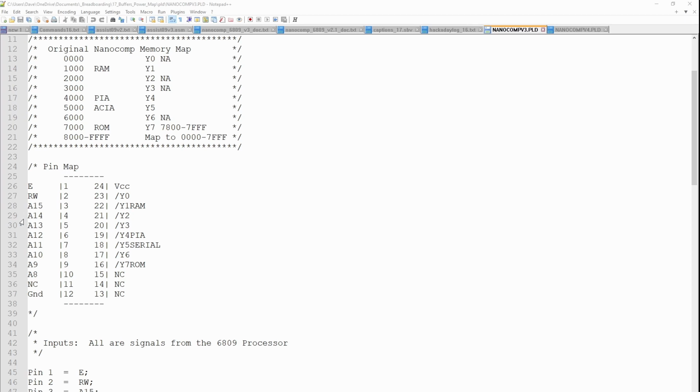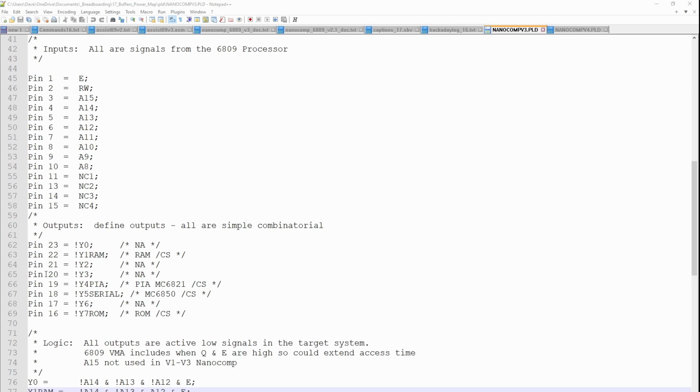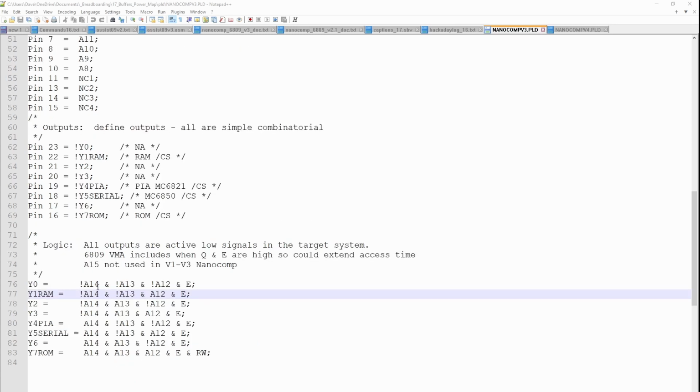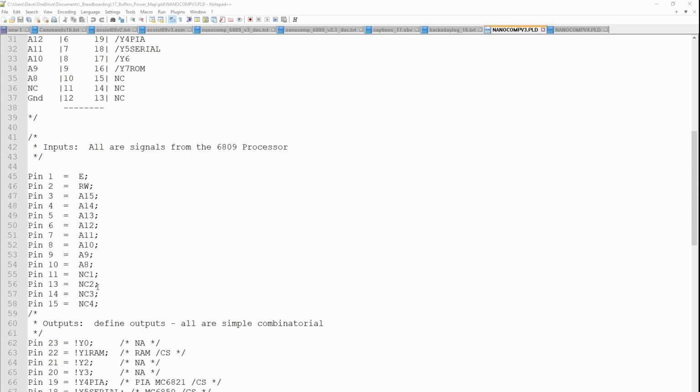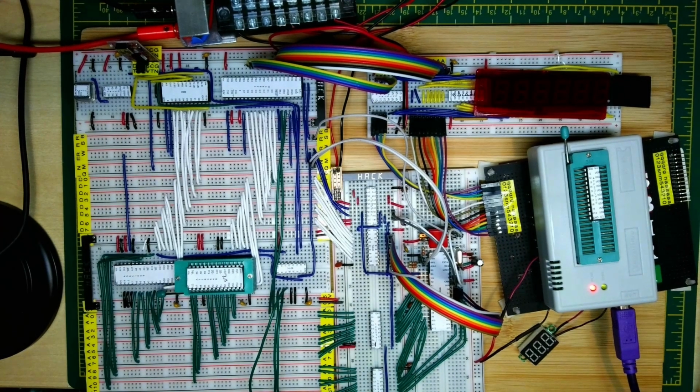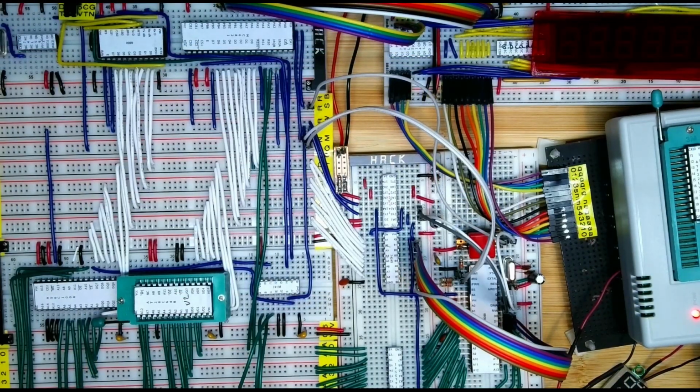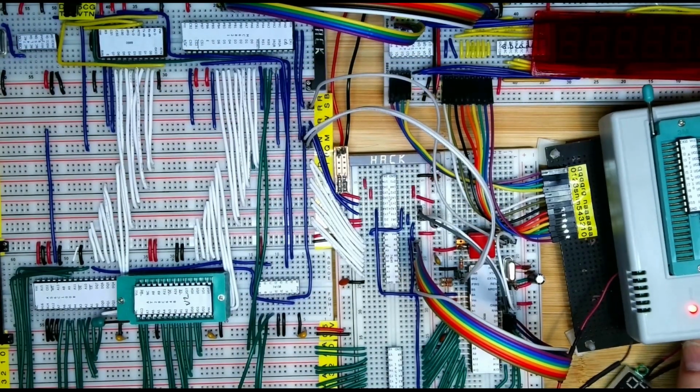If we go back to our pin diagram, we can see that pin 1 is E, read write is 2, then we go A15, 14, 13, 12, 10, 9, 8. Now, to start with, we are only using the 12, 13, 14 that we were using previously, so we don't need to wire all those in. So we just need to do 12, 13, 14. That's pin 4, 5, and 6. I'll refer back to this diagram as we're doing it, but if we look now top down, if we zoom in a little, hopefully you should be able to see that better. Just get rid of the programmer here.